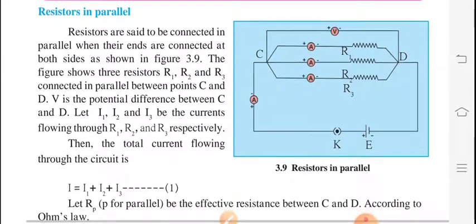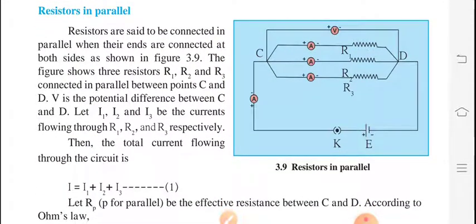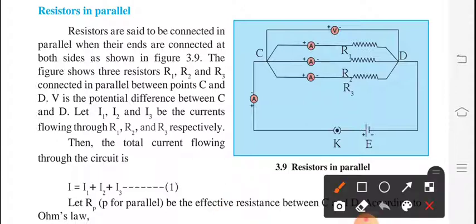Next is resistors in parallel combination. Before this we have seen resistors in series combination. Now the next topic is resistors in parallel combination. So here we will go ahead with the diagram first of all. Okay, this is the battery, this is the current, and obviously parallel means the resistors are supposed to be arranged in this manner. Okay, these are the resistors in parallel, R1, R2 and R3.